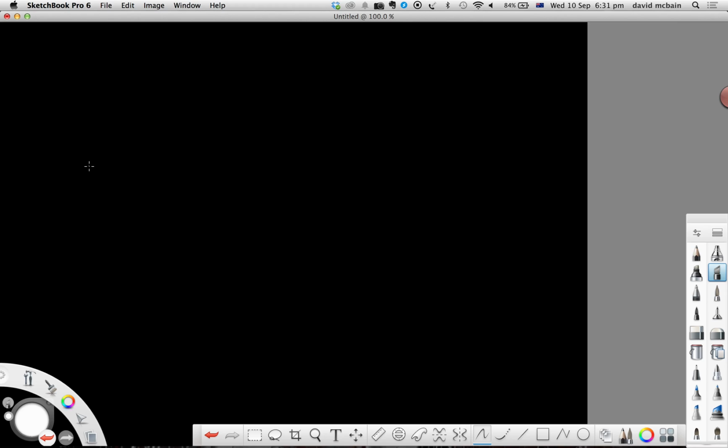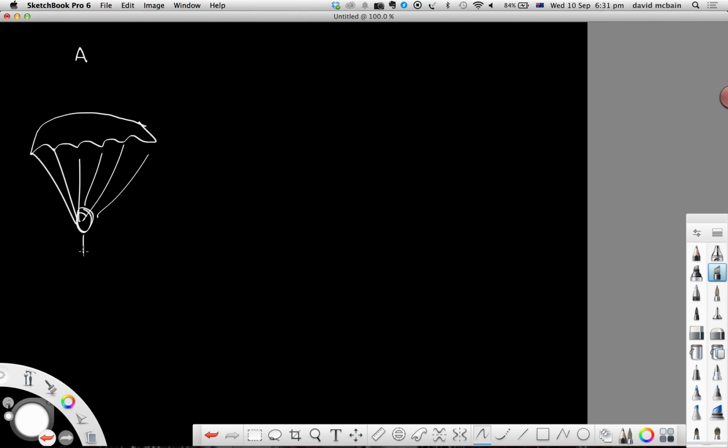So, let's say that diagram A, the parachute has just fully opened. Just fully open, but they're still moving very, very quickly, which means that our drag force